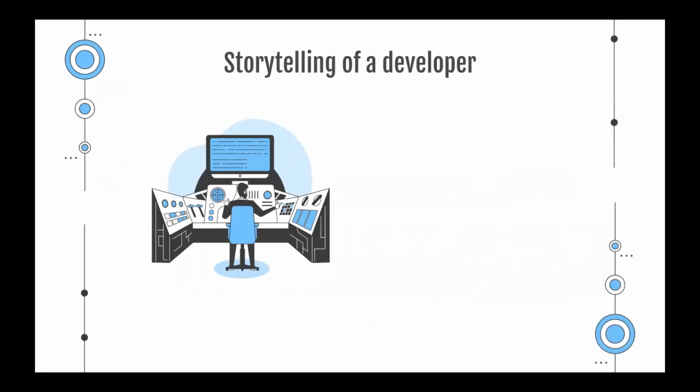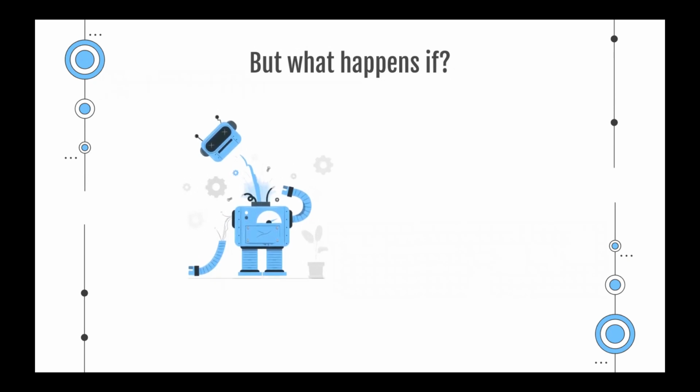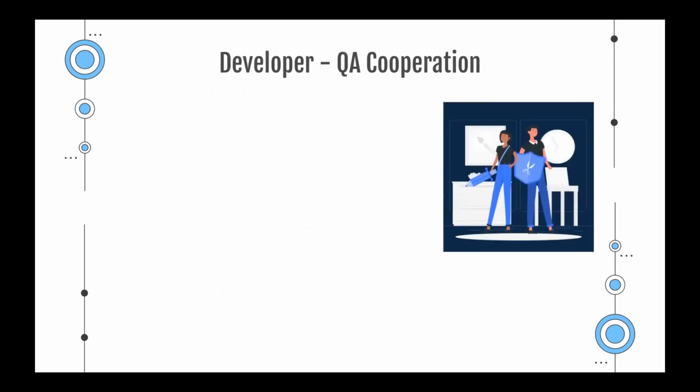What are unit tests? I'll start with a small storytelling of a developer's casual day. As a developer, I mainly think about writing functional code, delivering code within deadlines, and avoiding receiving bug notes from QA, since we have our dear QA specialist Alpha here. But what happens if a bug appears in the process of delivery of an application? As a developer, I'll be sad. We say testers will be happy because there is a famous saying that developers build code, QA break code. But how do I really see